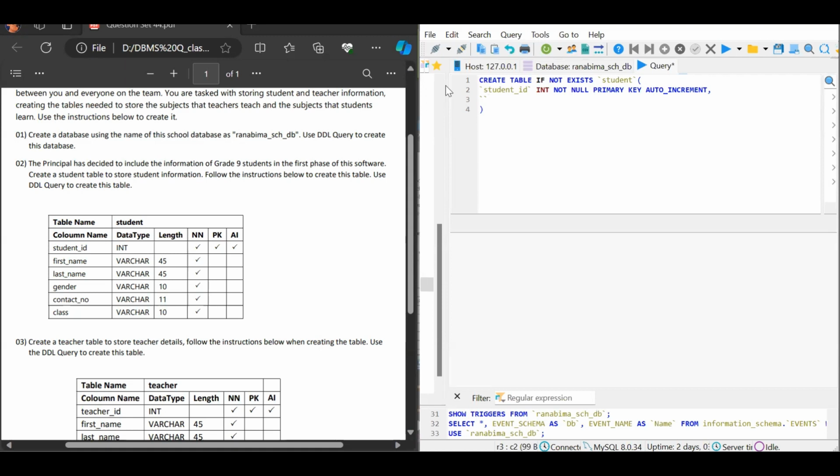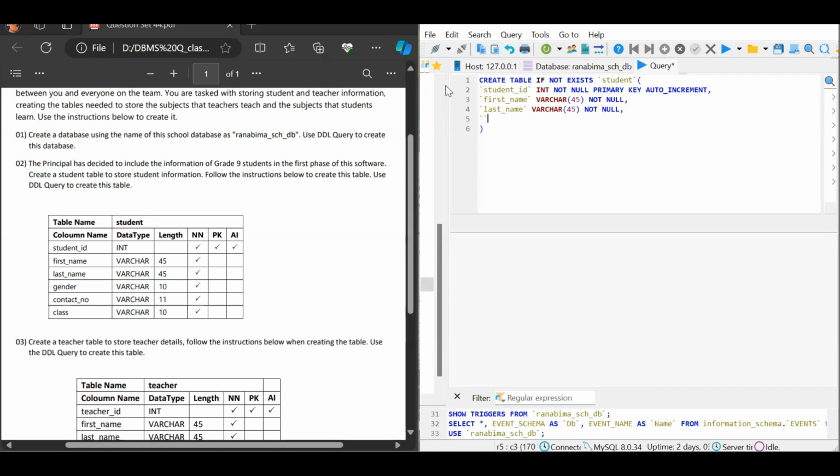and then again inside the quotation marks we can give the second column as the first name column, and then after the quotation marks we can give the relevant data type, length, and also the other information. We can give the data type as varchar, and inside the brackets we can give the length as 45, and then after that we can give the not null keyword, and then we can use the comma, and again inside the quotation marks we give the next column name as the last name column, and then here too after that we use the varchar keyword. Inside the brackets we give the length as 45, and then make it not null, comma,